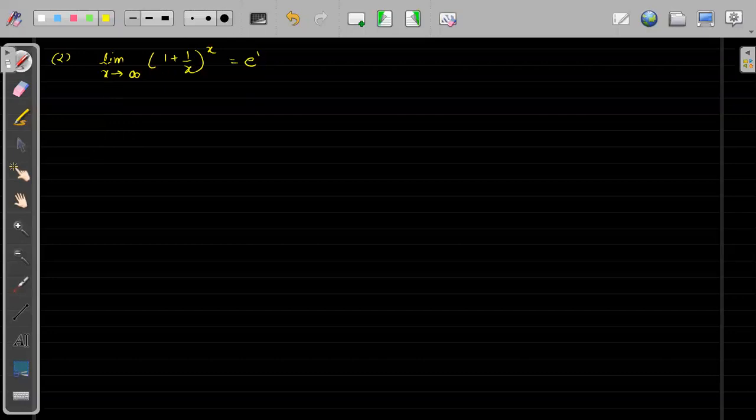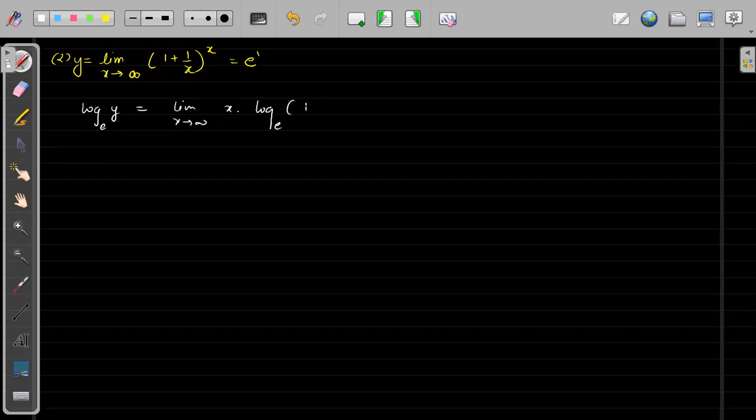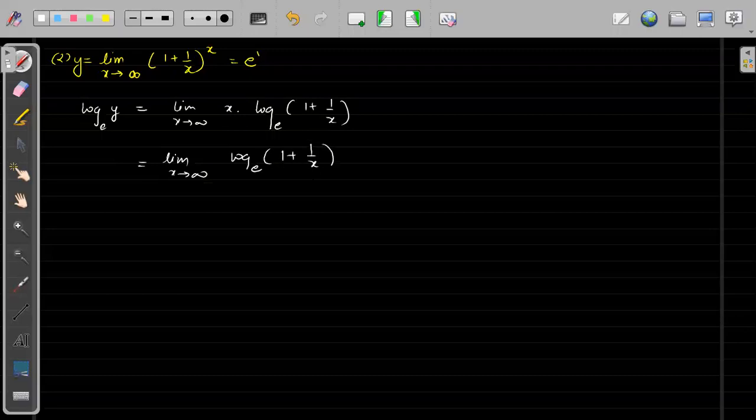See, infinity, what you can do, again, we will take log on both sides. Let's assume that this is equal to y. If I take log on both sides, this becomes log base e y is equal to limit of x tends to infinity, x into log base e (1 plus 1 by x). So this is the limit of x tends to infinity, log base e (1 plus 1 by x) divided by